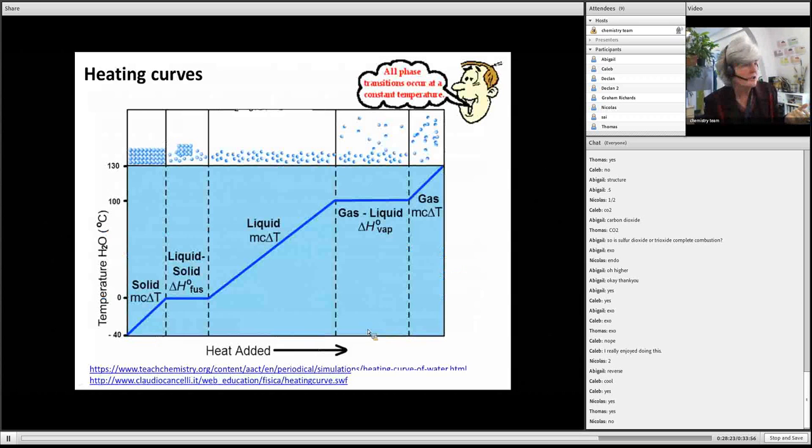The next thing you are expected to know is heating curves. It doesn't come up very often in the exam, I'd say perhaps every 3rd year or so, but this year could be the year where they're asking about heating curves. So basically you need to know